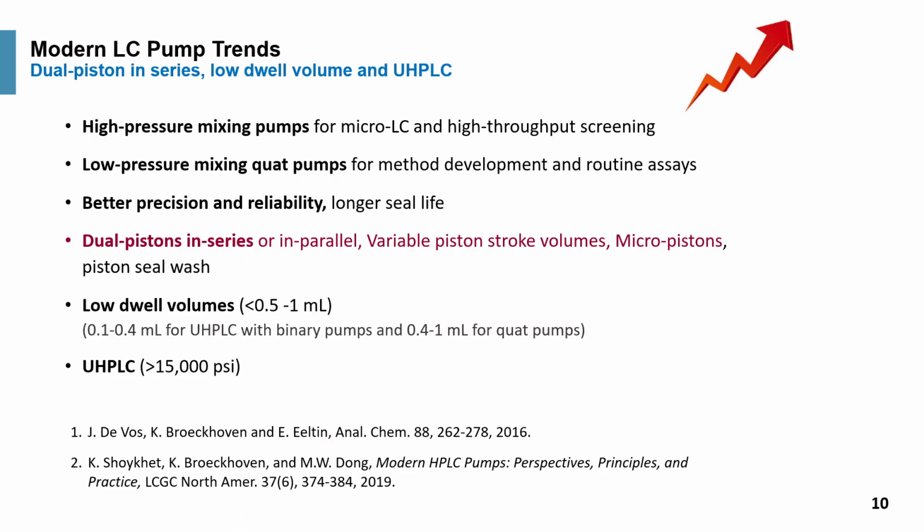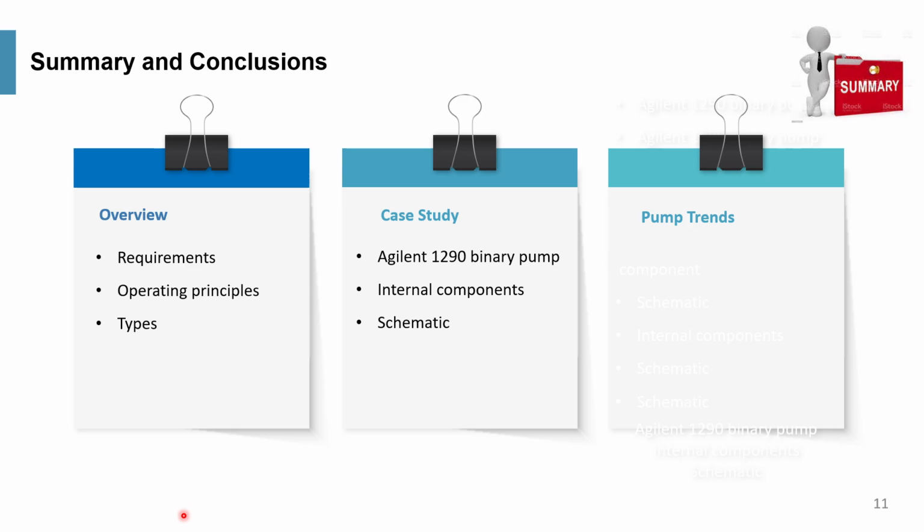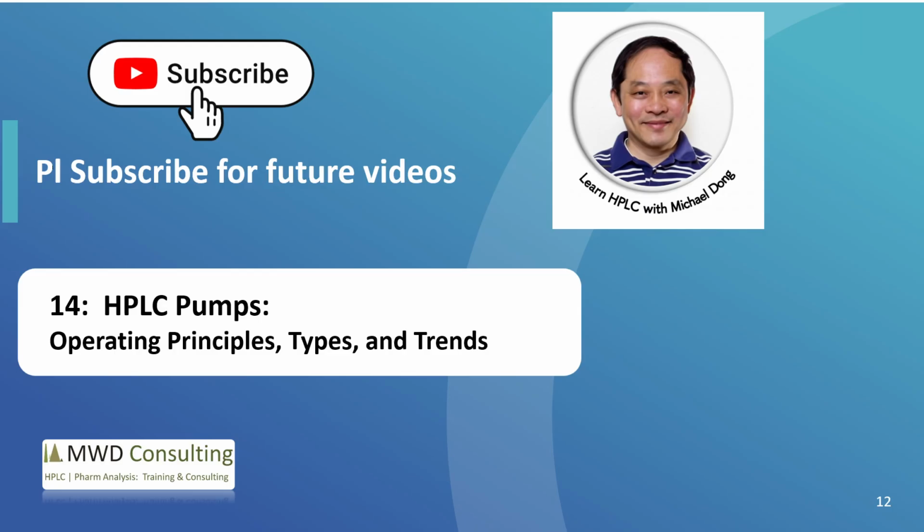Here's my summary and conclusions. We talked about requirements, operating principle, different types, and a case study with the Agilent 1290 binary pump, showing you some internal components and schematic, and also some modern pump trends. On that note,